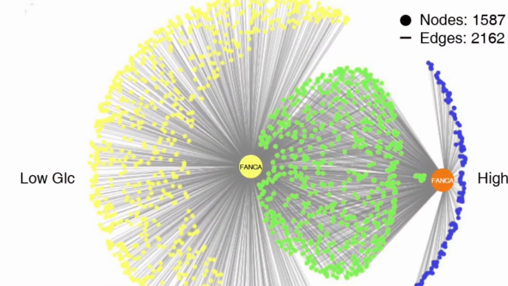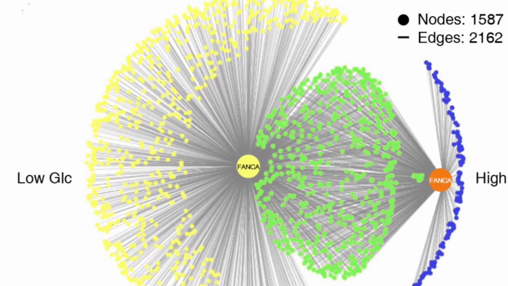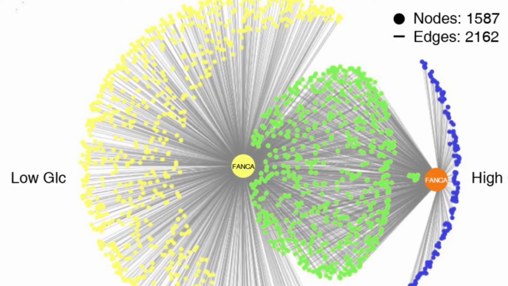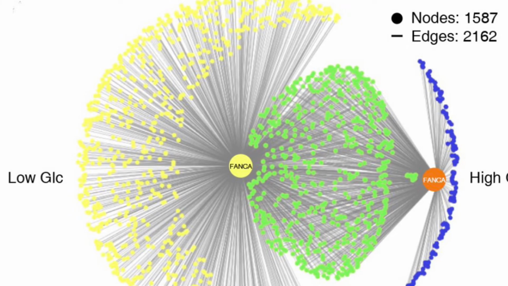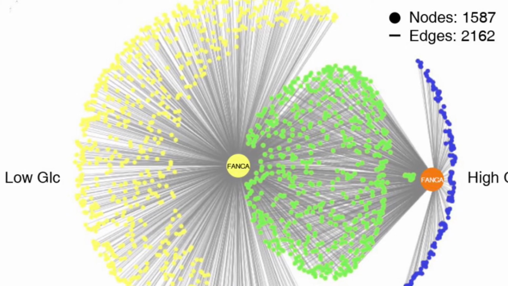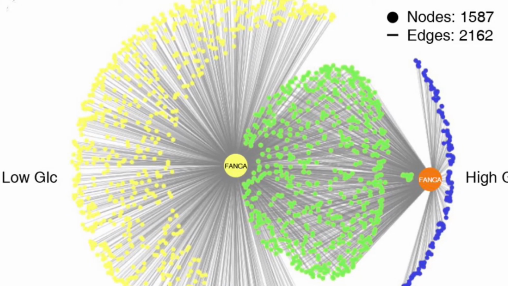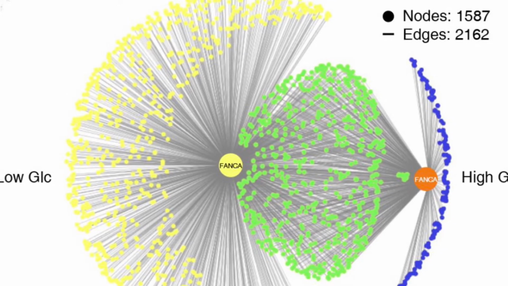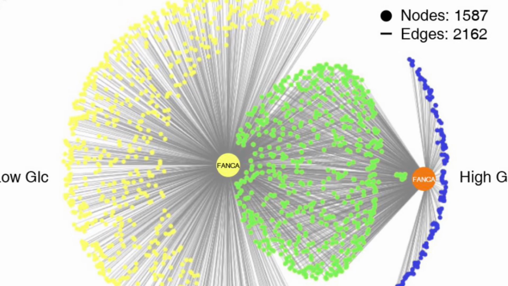Here is an example of protein network changes due to different glucose treatment of a pancreatic islet cell line. So this was a primary cell line. And what was done here is immunoprecipitation of FANK-A protein. This is Fanconi anemia protein. So with the